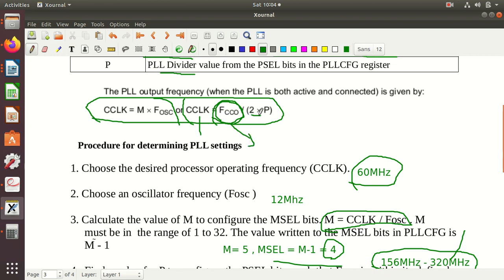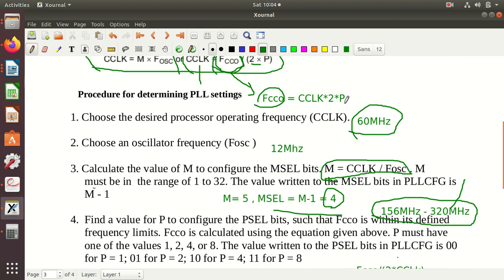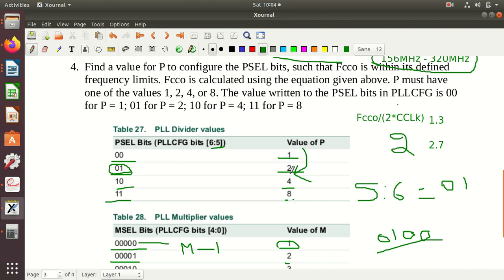CCLK should be multiplied by 2 into P. When I do this, I will get the proper FCCO, so that the PLL gets locked to the desired frequency. That is what we can get at the output frequency. So your frequency will be multiplied by the specified amount of the crystal oscillator frequency, so that we get CCLK as 60 megahertz. This is the calculation.